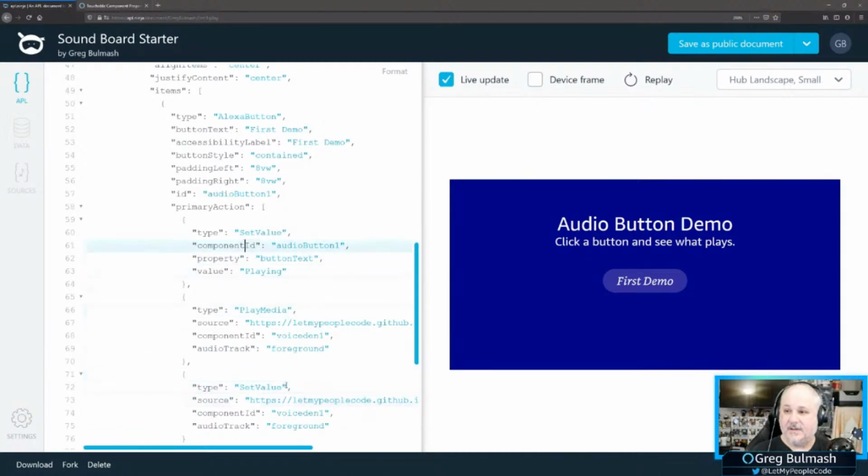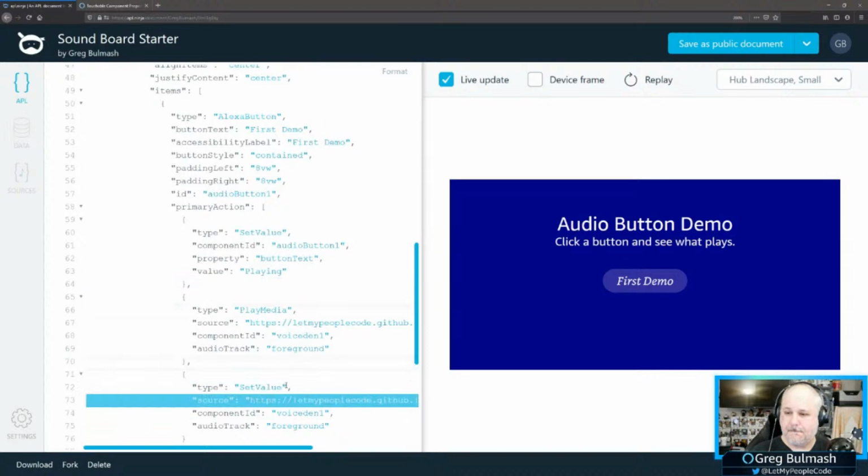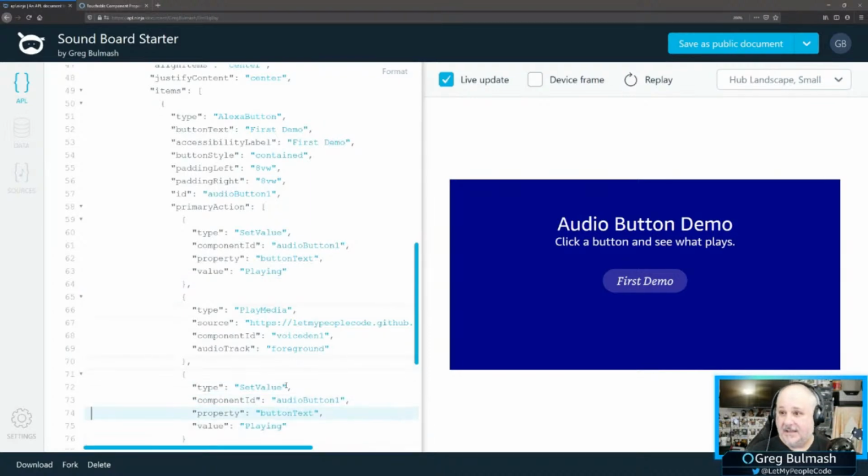And we'll just swap some stuff. Instead of the button text, I am going to change to green. Let's see if that works.